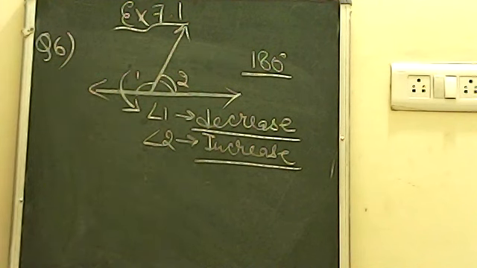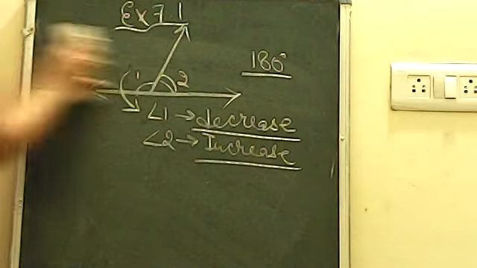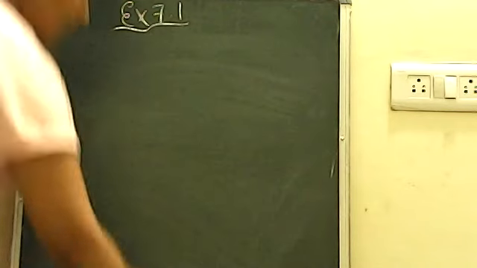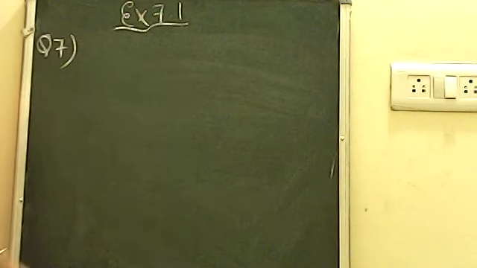And if one angle is right, angle 1 is right, then another will also be a right angle. So this is also the pattern which we have done. Now let's discuss question number 7. Now remember beta, question number 7 is telling here, this is also discussed by me in my previous classes.